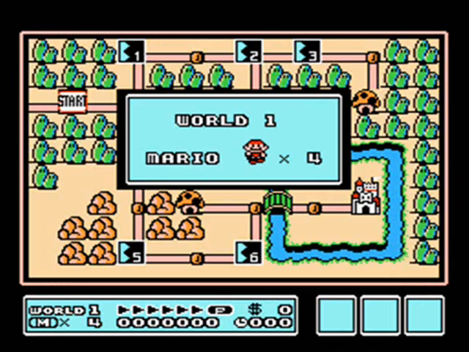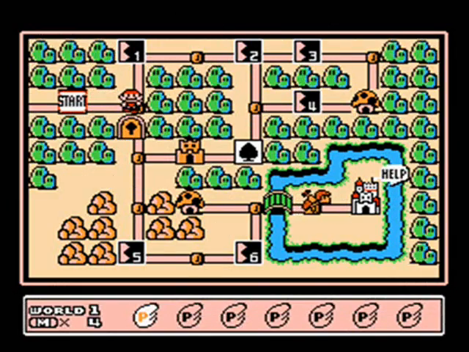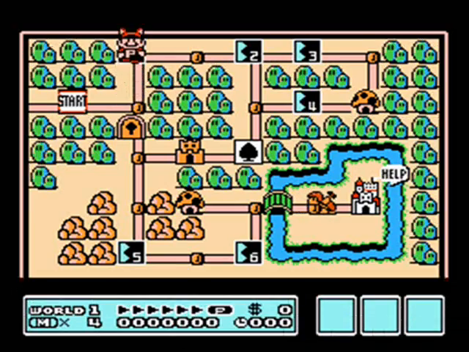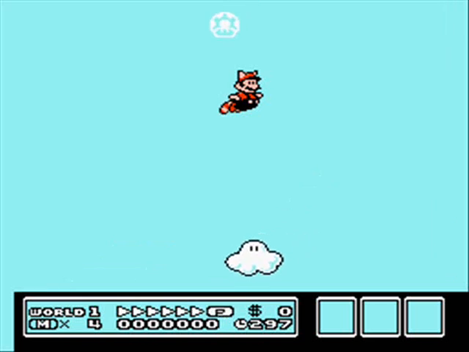So when you beat the game all the way through, start up a new game without turning the system off or resetting. You'll start the game with 28 P-wings. Yeah, you get to start off with the most overpowered item in the game, and honestly, I have no idea